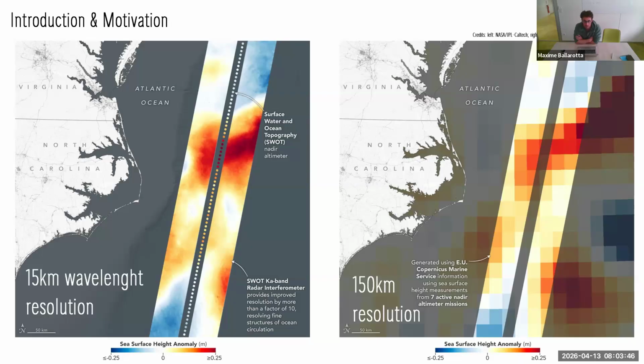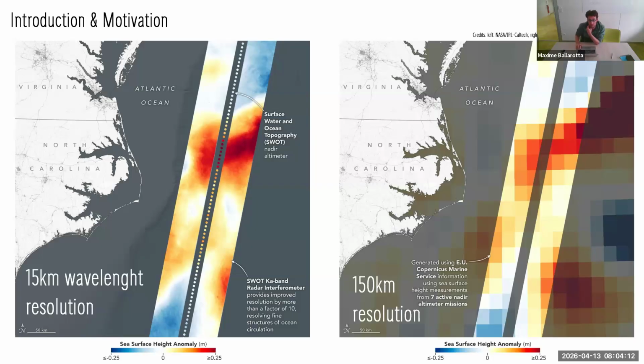And on the right, we have the DUACS product available on the Copernicus Marine Service, a combination of all the available nadir altimeter observations, filling gaps with a mapping method. And this product has more or less